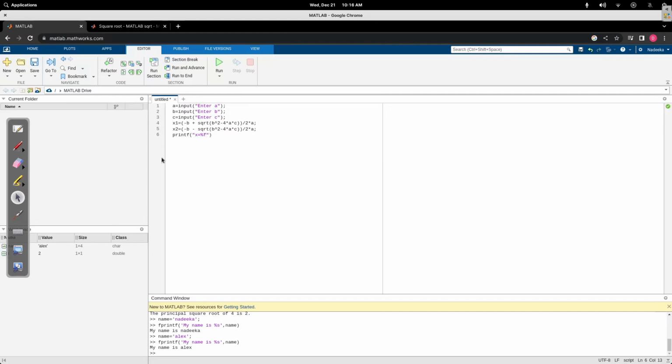I will write this, or x is equal to percentage f. Okay, so here first I will print the x2 value, the negative one goes with the negative answer, and then I print the x1 value. Okay,